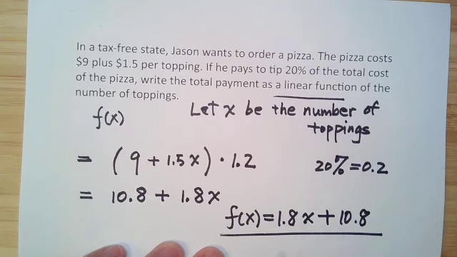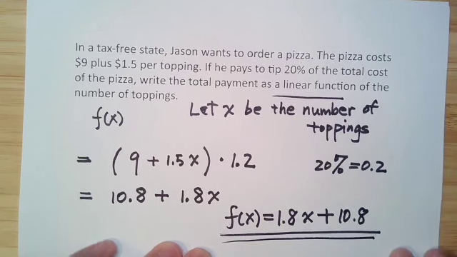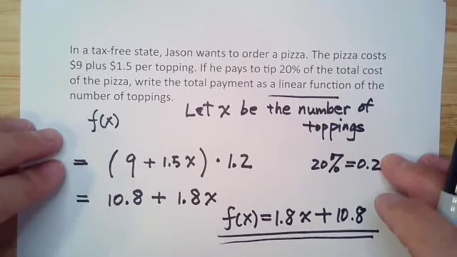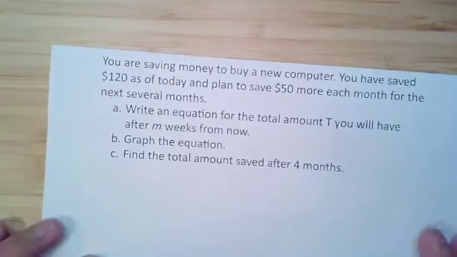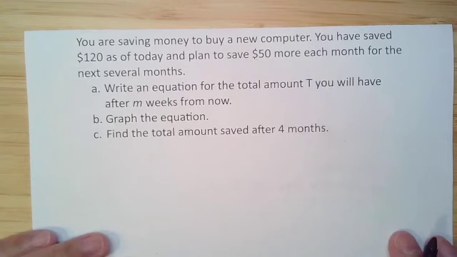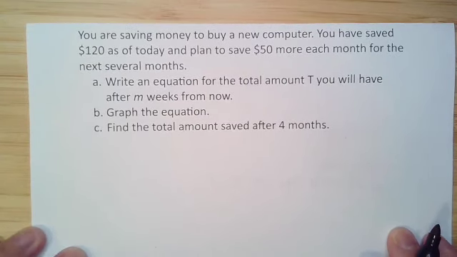So this is a good thing, right? If you have the equation, then you can easily find what you're looking for. All right, this is the first word problem. Now we're going to do the second one. You are saving money to buy a new computer. You have saved $120 as of today and plan to save $50 more each month for the next several months. Okay, so number one, write an equation for the total amount T